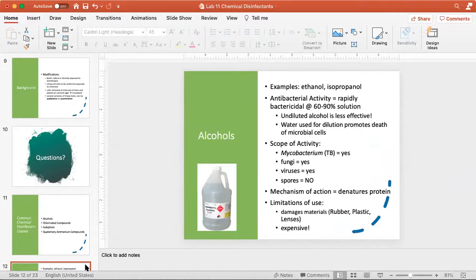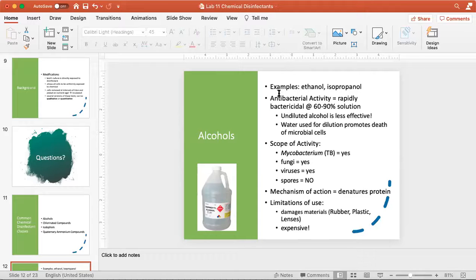There are many different alcohols that are available to us commercially to use as disinfectants. One of the more common ones is isopropanol or isopropyl alcohol. This is what's often referred to as rubbing alcohol. You can buy this in your CVS. You can buy little bottles of it. You can also buy great big gallon jugs of it if you're going to use it as a disinfectant. But any alcohol will have these properties that I'm going to talk about. So even plain old ethanol will work as a disinfectant if it's used correctly.